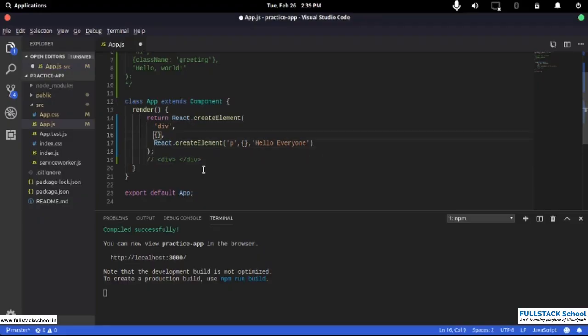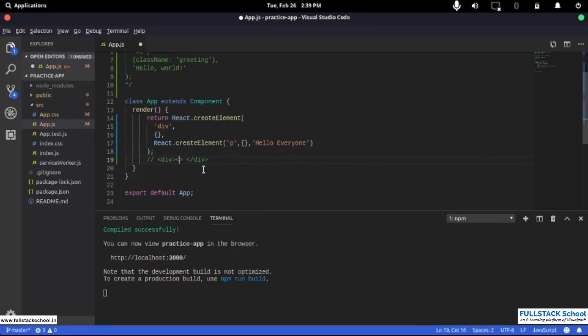Then I'm saying that I don't have any parameters to be passed to this, okay, and you might be familiar with attributes from HTML that you pass to tags. So this is where you pass all the attributes to your function or to this specific div element that you are creating using this create element. And what you are doing next is you're saying that to this there is a child inside, and that child is another paragraph that is created via the same create element. It also has no parameters or attributes applied to it, and the value inside that is a string called hello everyone. So it will look something like this,